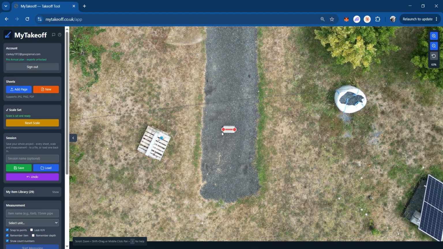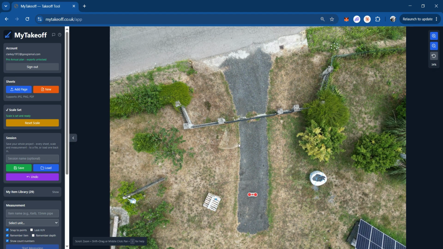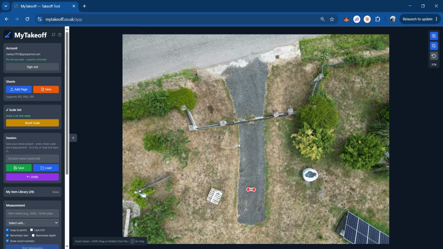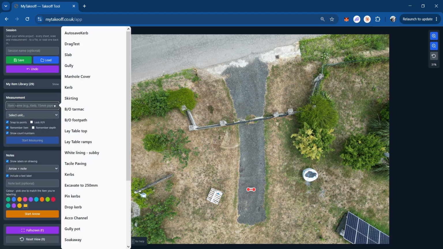So there we go. That's the scale set for the drawing. So if we wanted to quickly, obviously this is all going to need to be dug off, excavated down to put some stone in, and then some tarmac, etc., etc. So I'll quickly show you how we would. So if I call this excavation